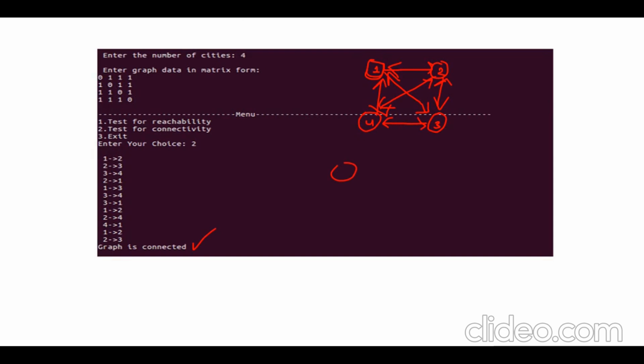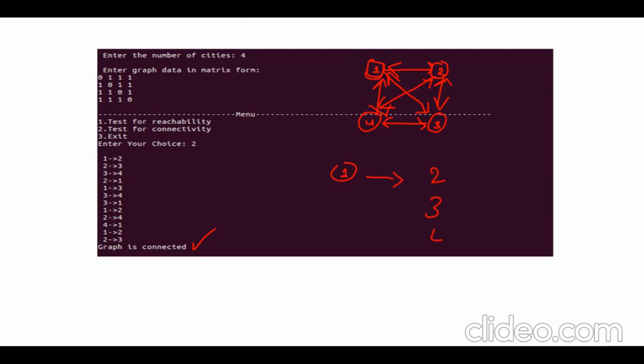In that case, it is going to tell which nodes are reachable, by path or by edge. From 1 to 2 there is an edge, so obviously 2 is reachable. 3 is also connected. Next, 4 is also connected.